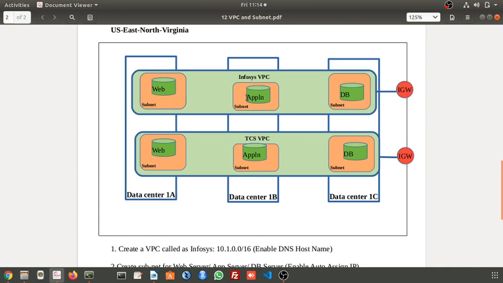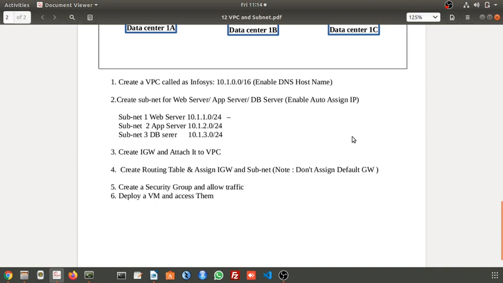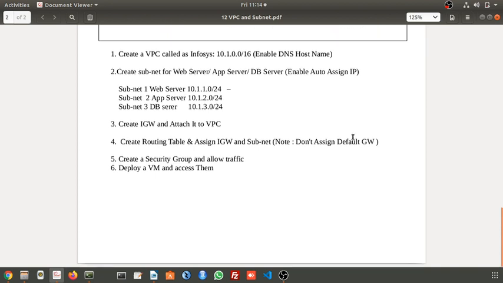So within the subnets, all can connect to each other by their local routing table. For exchanging the messages between these servers within the virtual private cloud, you don't require this internet gateway. But if you want to send traffic from this virtual private cloud to the outside, and from the outside, if you want to allow the traffic inside this VPC, you require this internet gateway. Now let us see how this can be implemented through Amazon Web Services. So this is the scenario. This is what we are going to do in today's session.